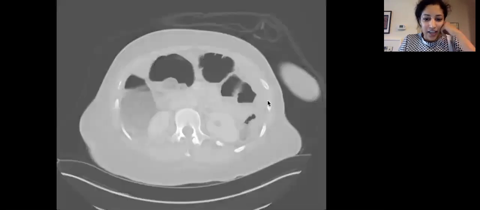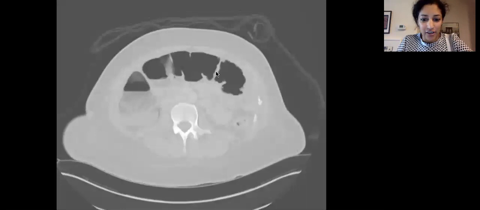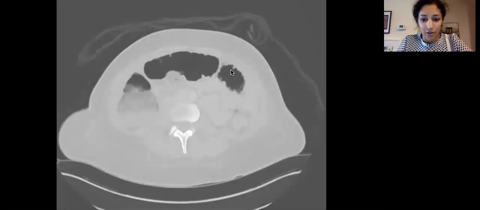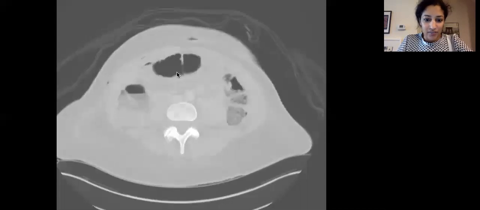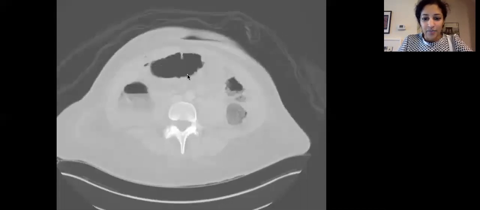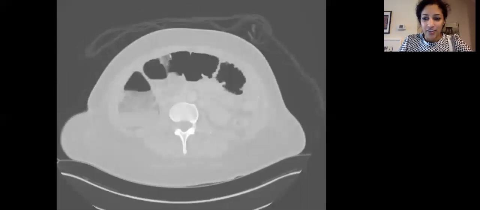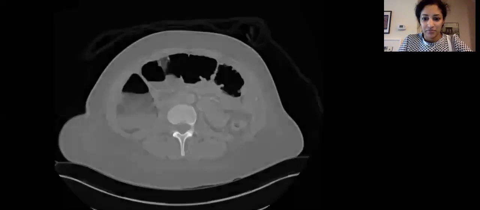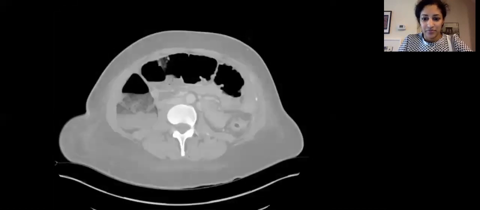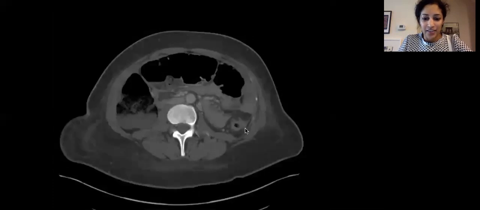Okay. And when you go on the lung windows, you can actually see that there are innumerable polyps within the colon, all throughout the colon. And going back to the regular window, there was basically a mass in the descending colon here. So this was a case of unsuspected FAP, or familial adenomatous polyposis.